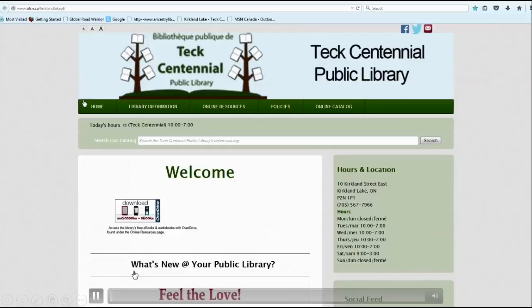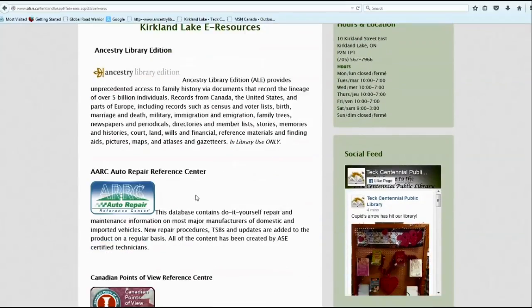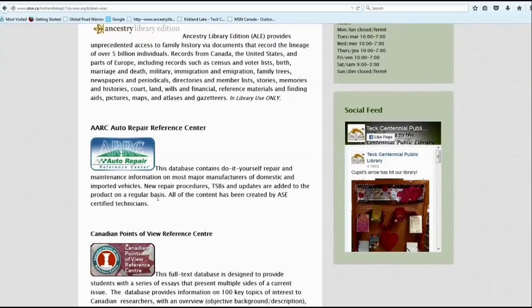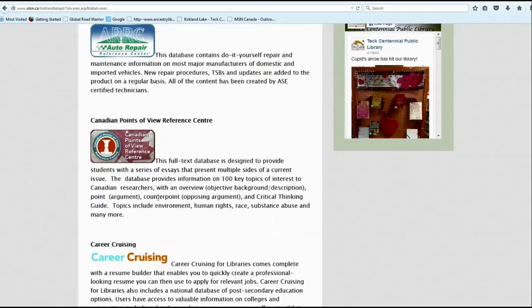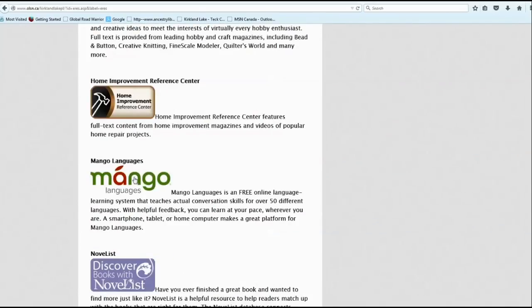To get on, you will go to www.olsn.ca/KirklandLakePL and then go on to online resources. So just click that there in green, and then you will scroll down until you find Mango Languages. It's in about the middle of the page. Once you find it, you will click on the colored words and just double click, and it will take you